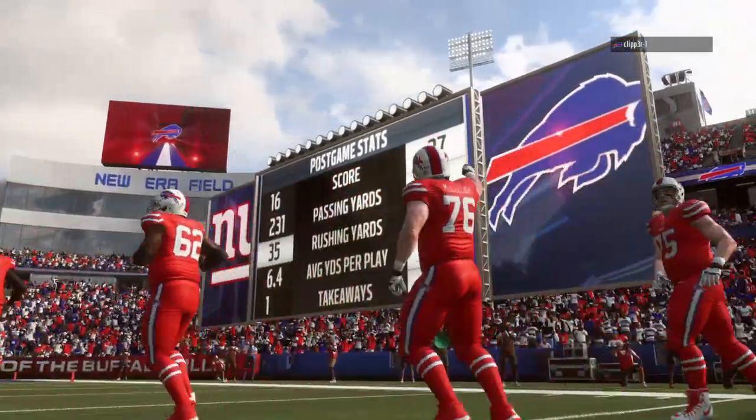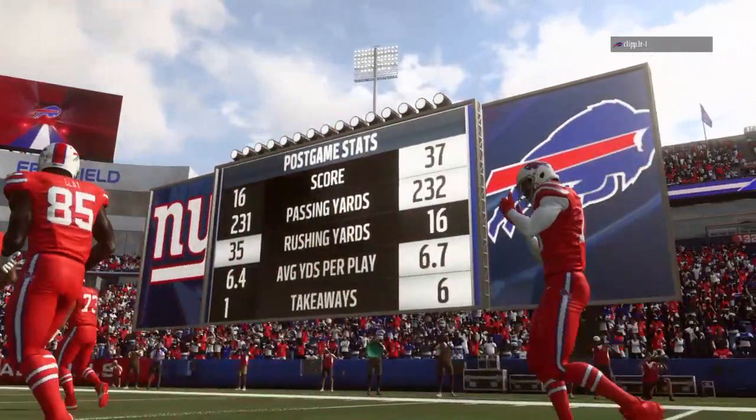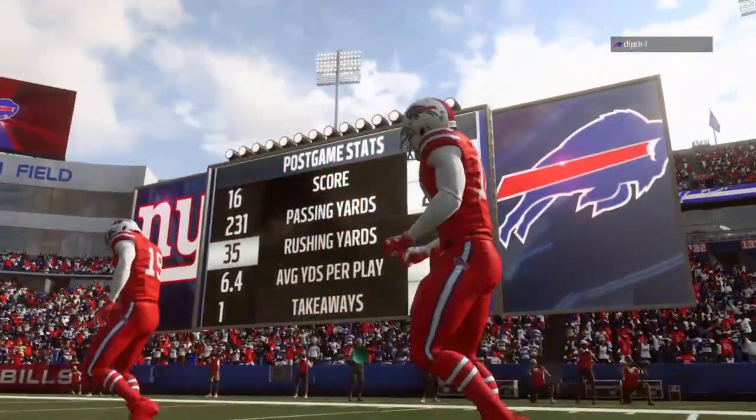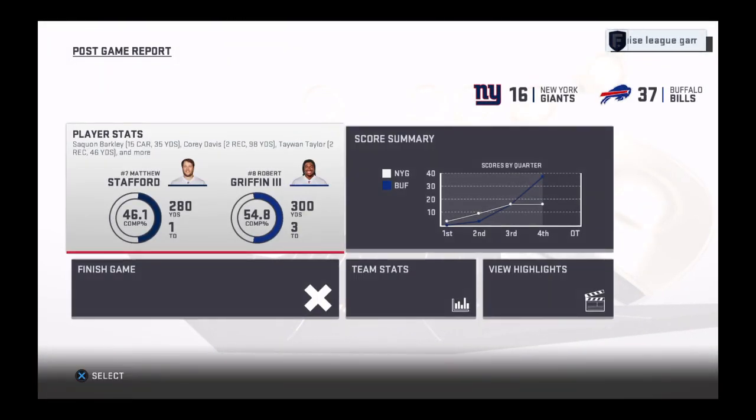So for the Bills, they remain in the hunt for a first-round bye as they move to 11-3 on the year. And they'll get to stay put for a few days as they'll host the Baltimore Ravens next week. Meanwhile, for the Giants, they're slim